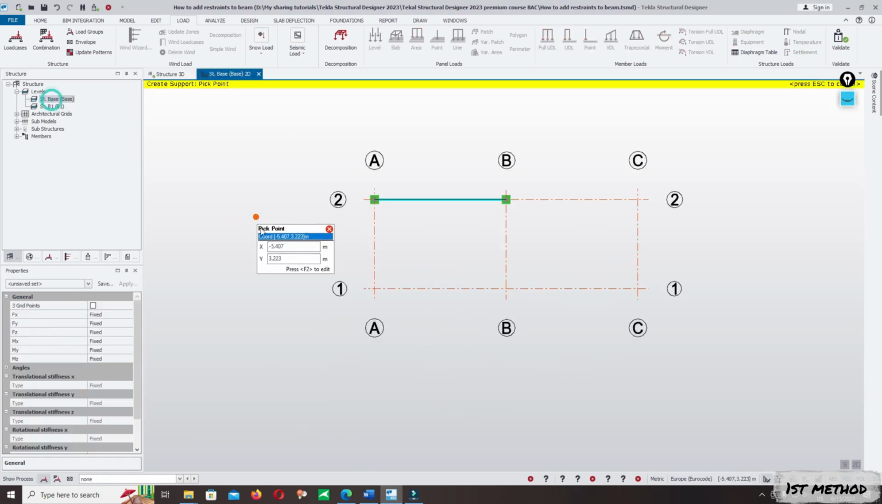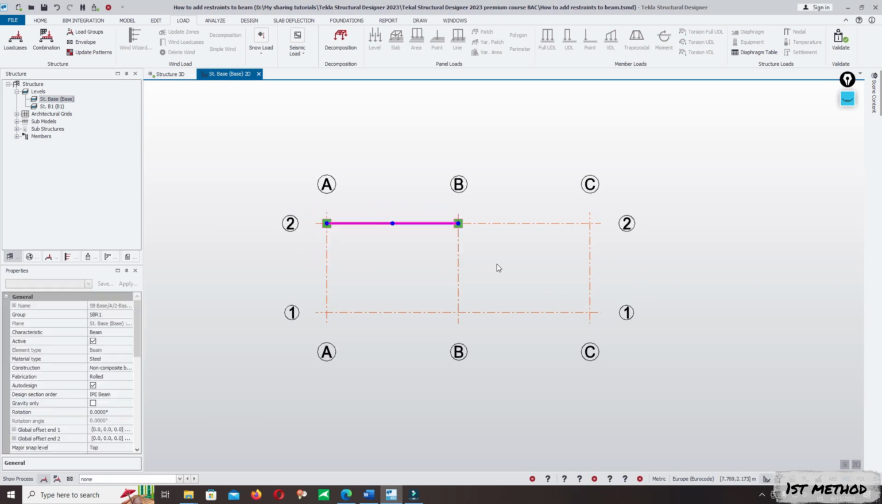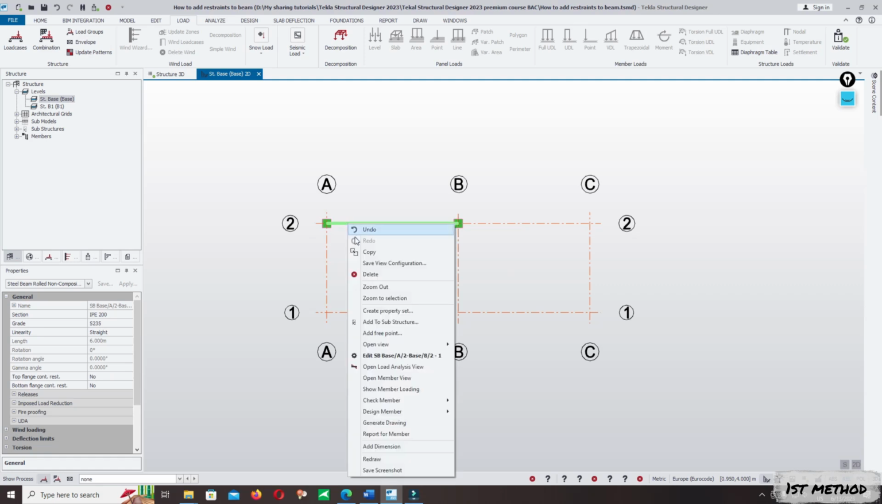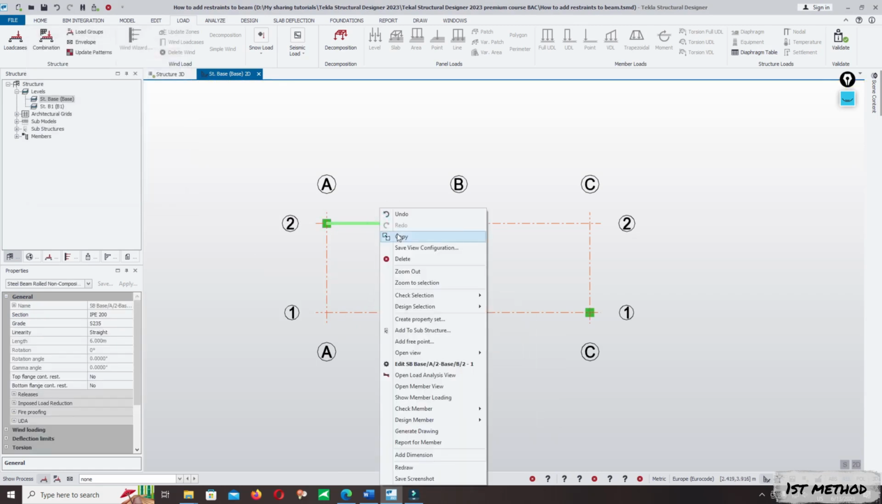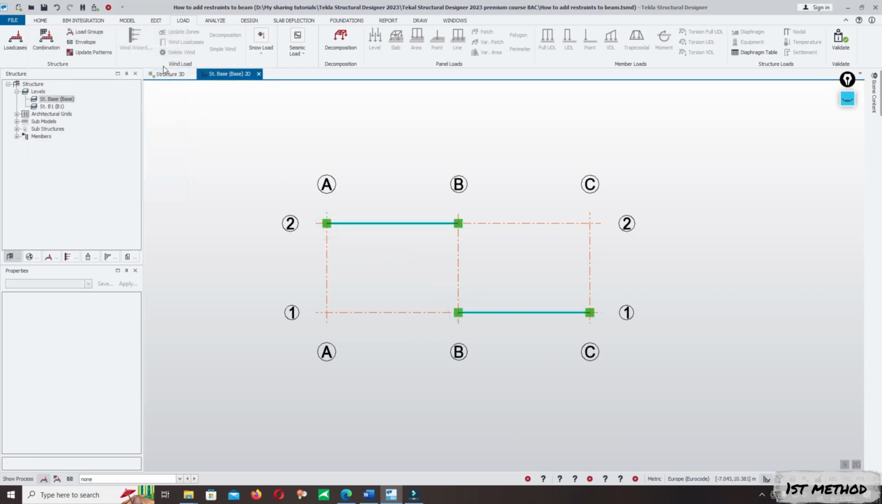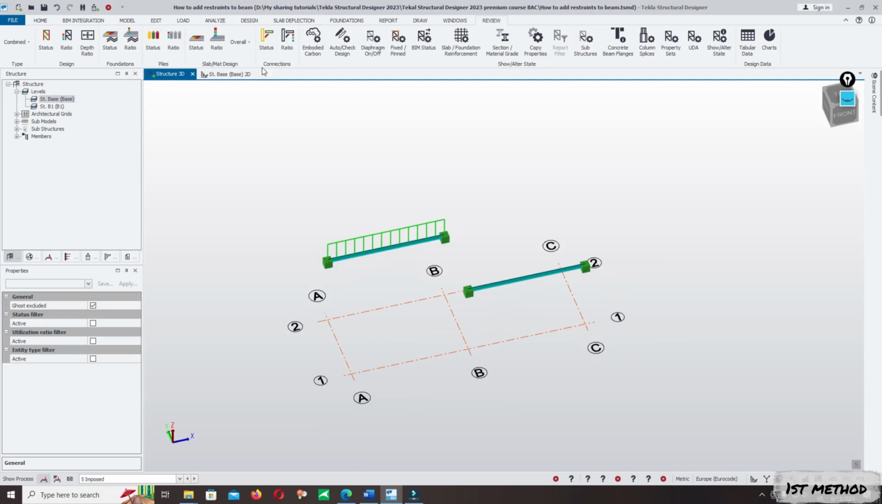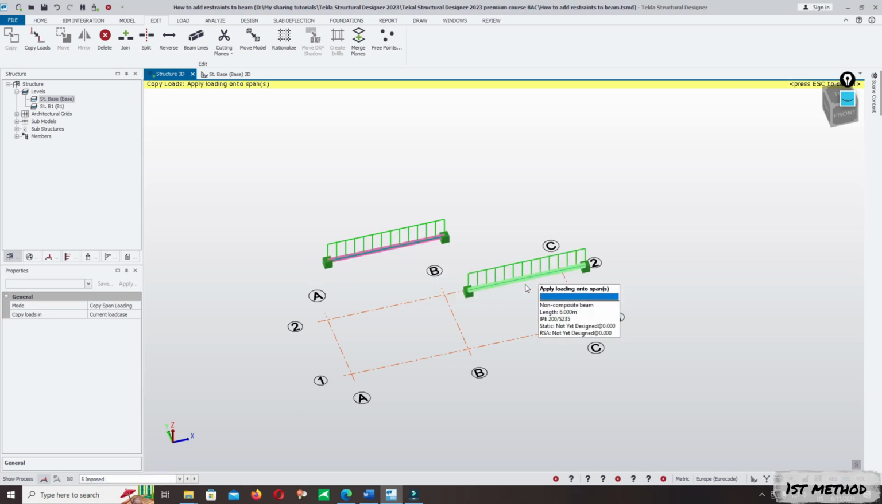Come back to the base level and you can use the window selection, right click, copy, click first point and second point. Again, click on the beam, copy, second point, click on 3D, click on edit, copy load, impulse, click on the first beam, click on second beam